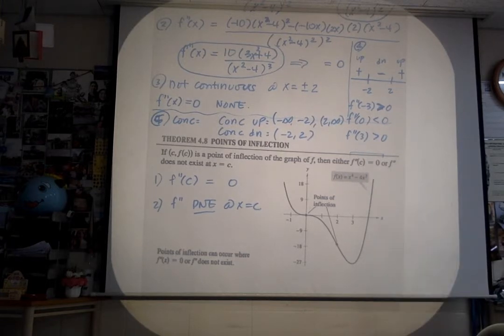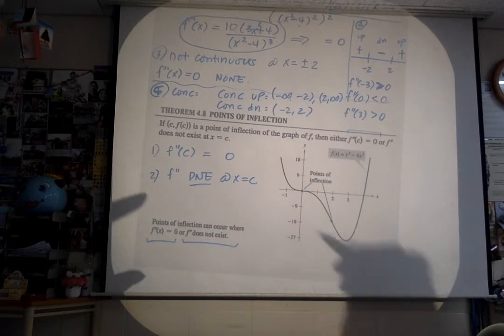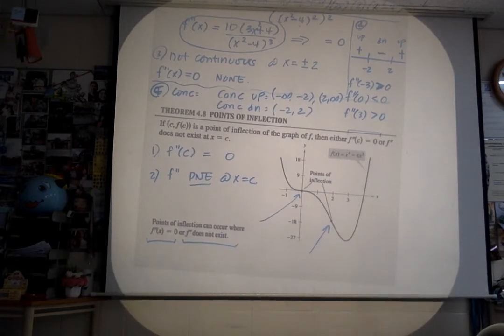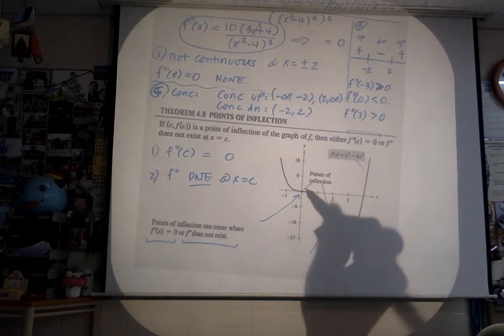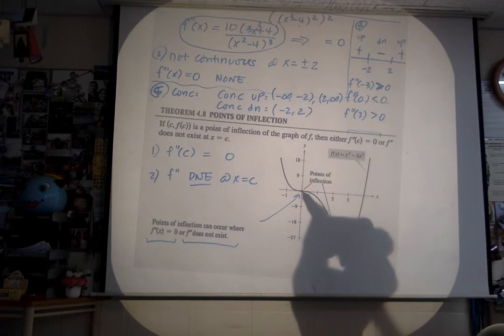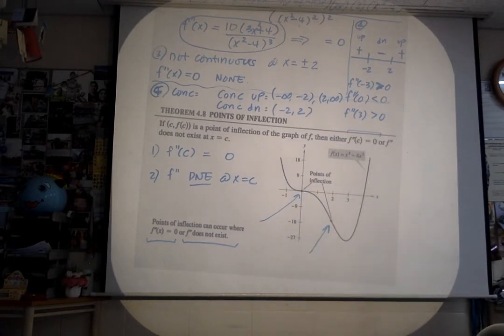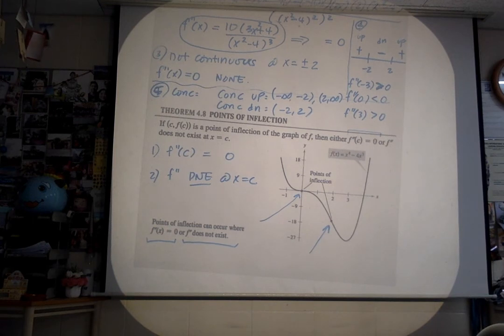So here's a graph of f of x equals x to the 4th minus 4x cubed. A point of inflection can occur where this equals 0 and this does not exist. You can see right here, look at this. What do you think that means? You're right, f double prime of c is 0 here, isn't it? And notice this is not a continuous function from here to here. It's actually just going down, decreasing all the way. So this is a point of inflection because your second derivative of c is 0. And here,